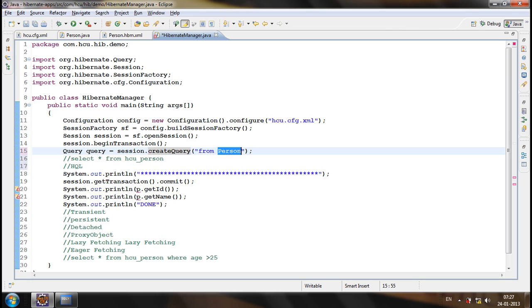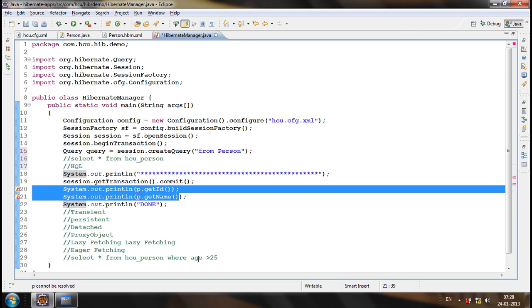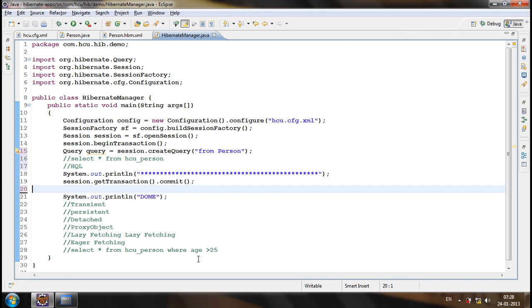That's it. And once we have the query object,